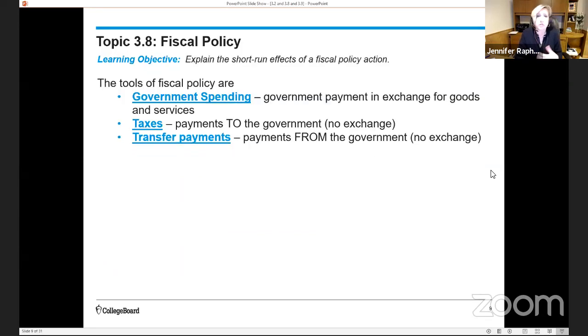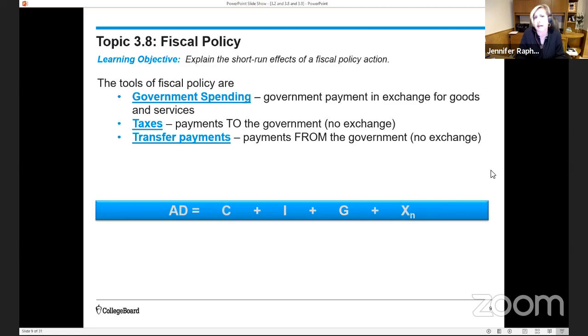All right, so now let's talk through in words how fiscal policy works. Okay, why does fiscal policy work? So I'm going to put the tools up on the slide so that we have them to refer to. And then we're going to bring back up our aggregate expenditure formula. So remember, when we're talking about aggregate demand, in this form, we're talking about aggregate spending by consumers, by firms, by the government, and by foreign buyers of US goods and services, or domestic goods and services. So aggregate demand is equal to the sum of consumption, investment spending, government spending, and the balance of exports minus